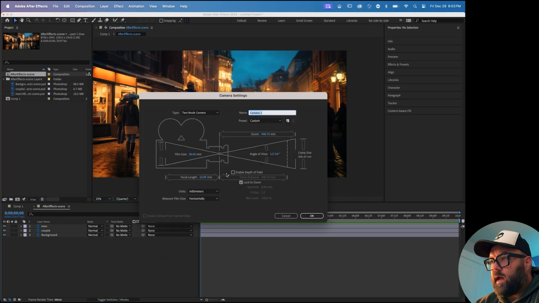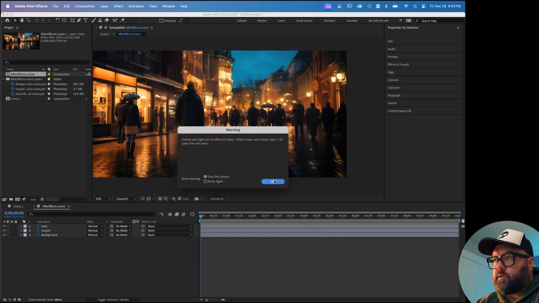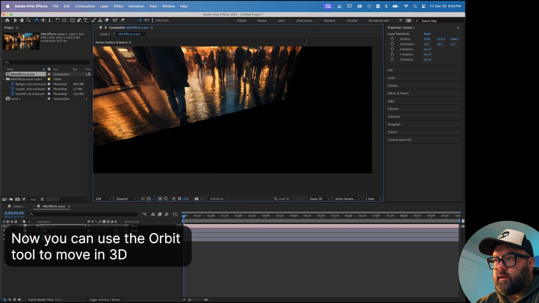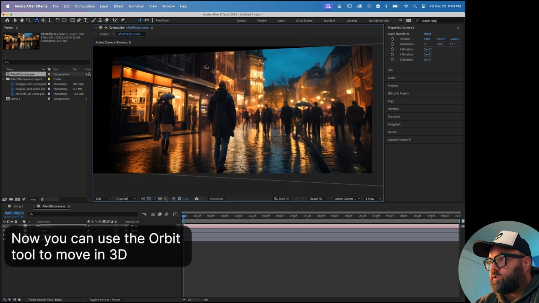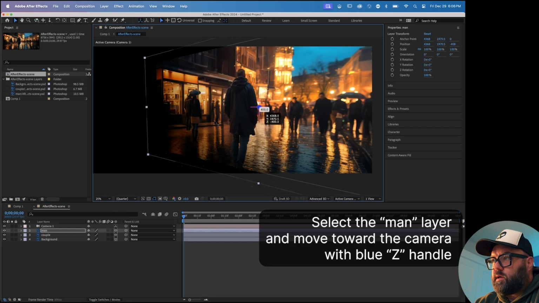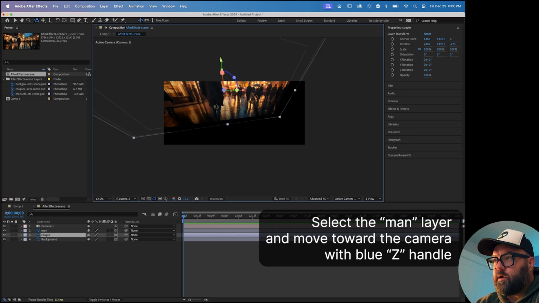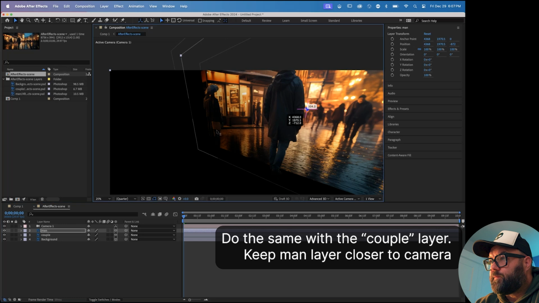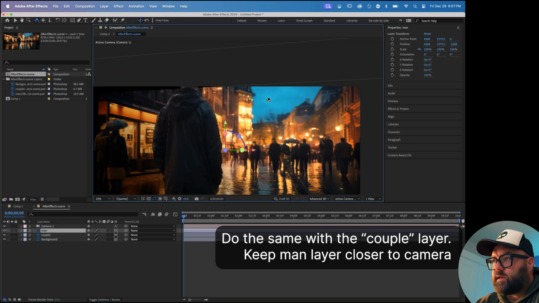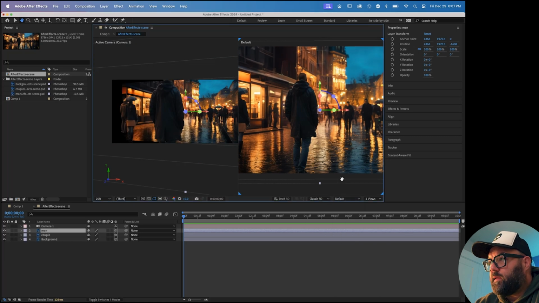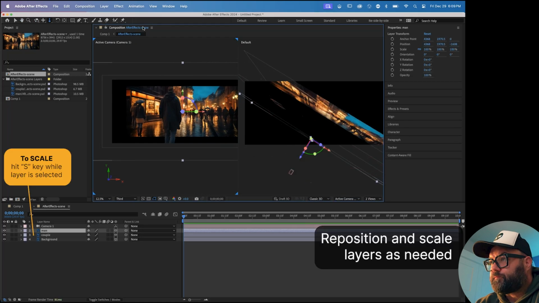And then I'm going to go ahead and add a camera, and then using the orbit tool I can rotate around in the viewfinder, and you can see that there's some 3D functionality there. And then I'm going to go ahead and use the little gizmo to drag these different layers in 3D space. And at this point you can go ahead and scale the background down, and then we're going to add animation